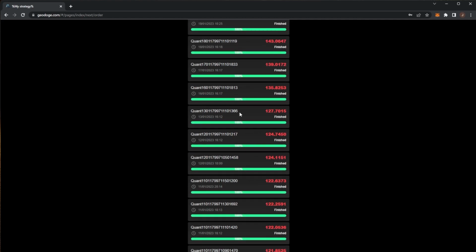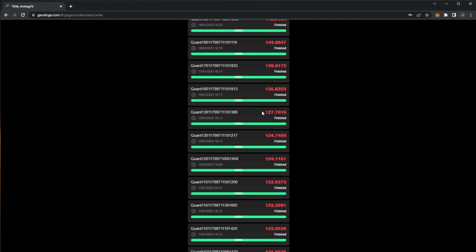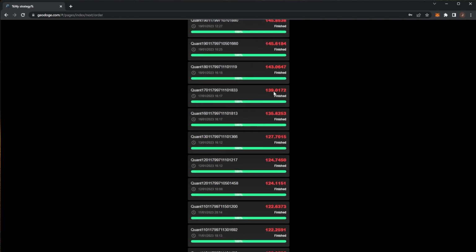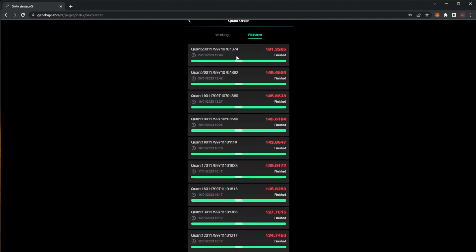So we were at 124, then we earned 127. Basically with Amzdoge, you earn 3% per day. That is just how it works. Depending on how long you set your trades up, will depend on obviously the percentage of that 3%, but it's a flat 3% per day. So at 135, 139, 140, and I believe I had a few affiliate commissions, so we got up to $181